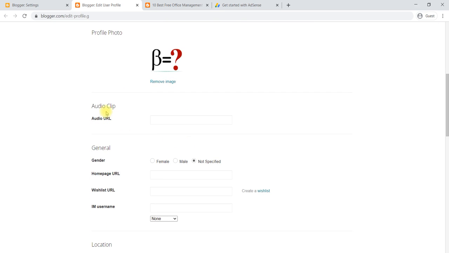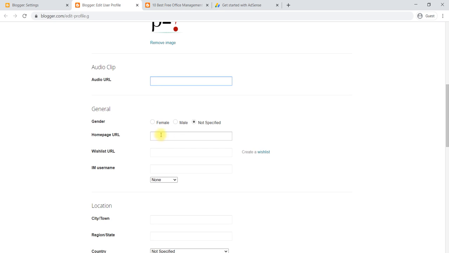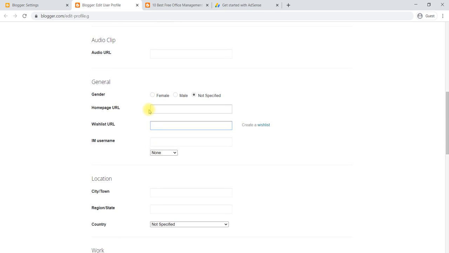Then it comes to an audio clip. If you have any podcast, you can paste the podcast URL here. You can give your general information. If you have a personal website or anything, you can give it here.